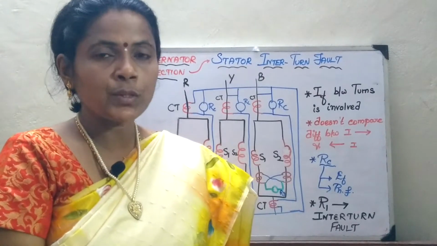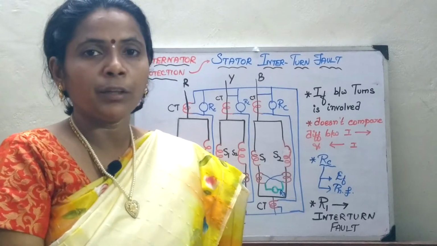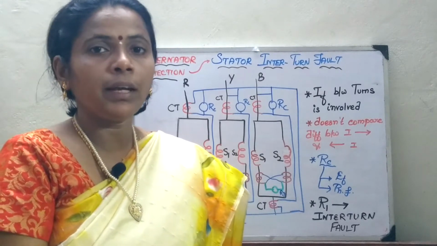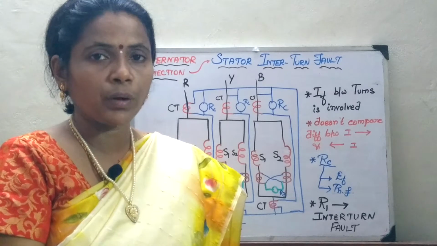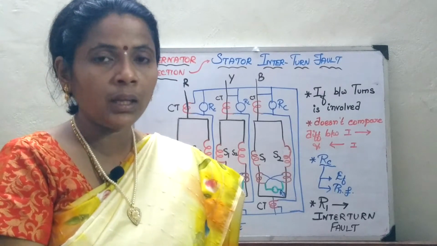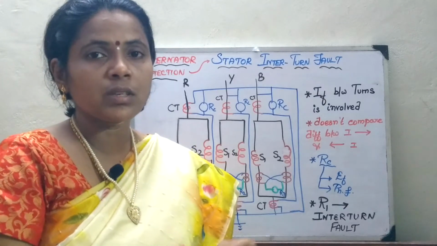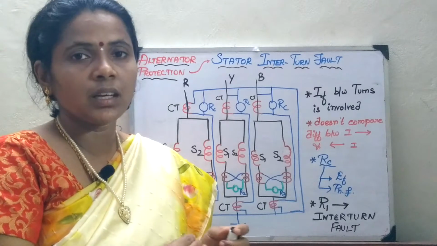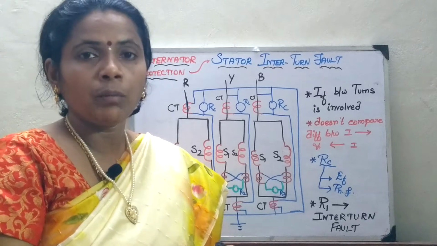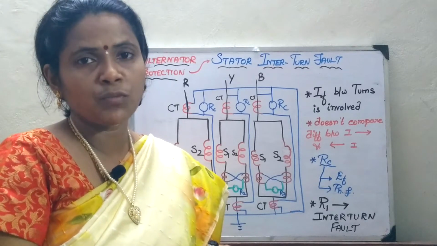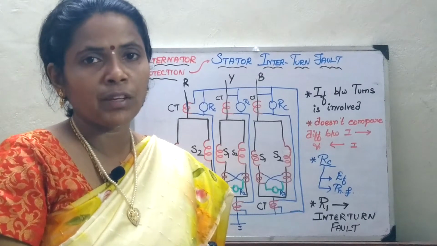In the last two sessions, we have seen how to protect the stator windings using differential protection and modified differential protection. In case of differential protection, we were not able to protect the entire 100% of the winding if a fault occurs near the neutral. If I use the same earthing resistance near the neutral, I have to go in for a relay of low settings, but that will be undesirable for detecting the phase fault, because the same relays are used for detecting the earth fault as well as the phase to phase fault.